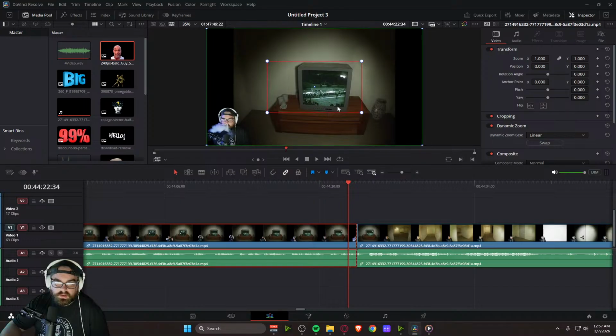We should like Intello be like, oh okay, yeah, this is what we need to do. Try to get that right about in the center. Right here. And then